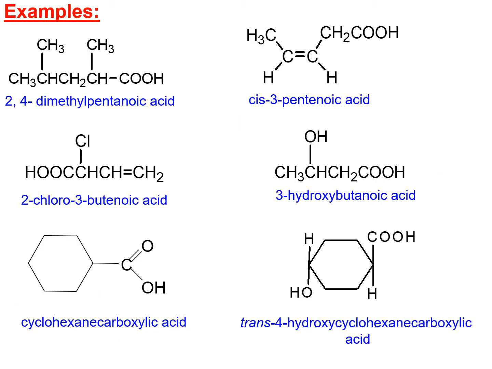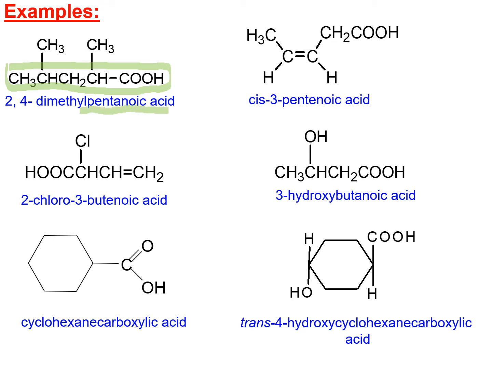Alright, so let's look at some of the examples here. Okay, kita tengok example yang ni dulu. This is 2,4-dimethyl pentanoic acid. First thing first, you kena cari the longest carbon chain yang includes the C double bond OOH. Okay, so this will be the carbon number 1 and then carbon number 2, 3, 4, 5. Okay, so kiranya kalau nak ikutkan, this will be the parent, which dia ada 5 as the longest carbon chain. So since ada 5 as the longest carbon chain, that's why nama parent dia ialah